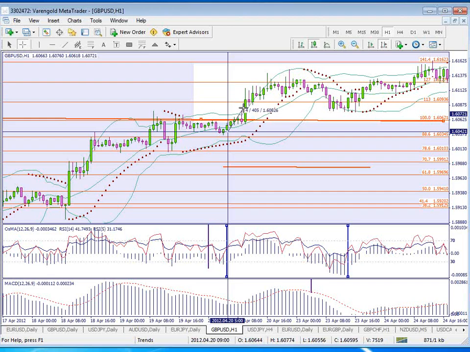So it means up to this. It means about 5 candles here,